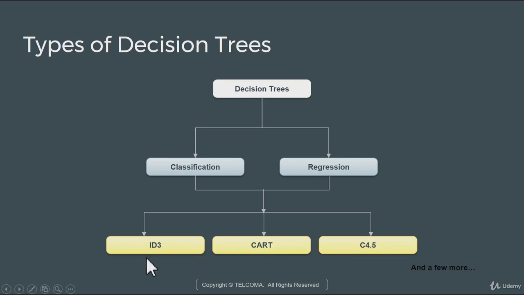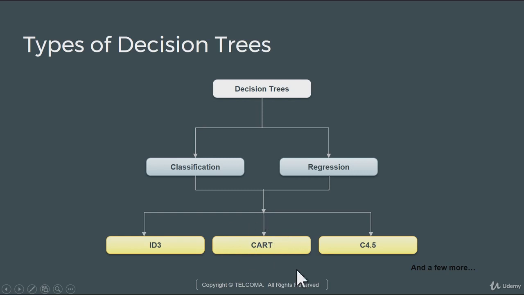So the differences between these algorithms would be the kind of technique they use to select the root node and the consequent nodes, the technique to handle missing value data, the ability to handle continuous data, the ability to handle a categorical variable with more than 2 levels, and so on. If you keep aside all of these things, we have 3 popular algorithms, where CART is a very popular algorithm these days. Most of the implementations which you see in R and Python are based out of the CART